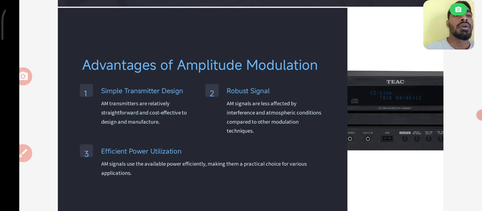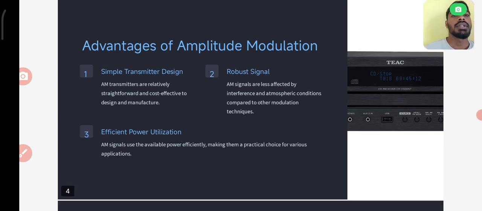Second, robust signals. Amplitude modulation signals are less affected by interference and atmospheric conditions compared to other modulation techniques. Third, efficient power utilization. Amplitude modulation signals use the available power efficiently, making them a practical choice for many